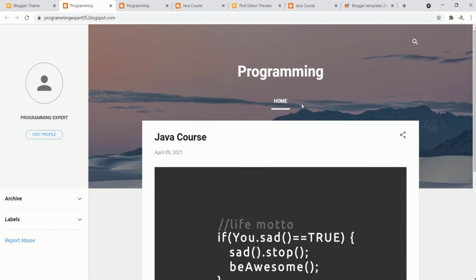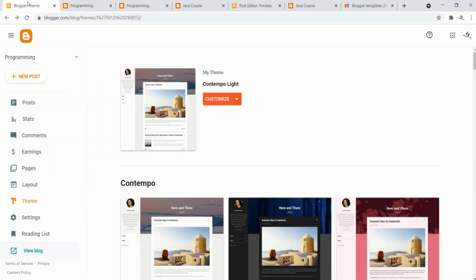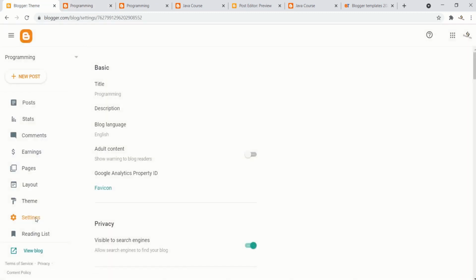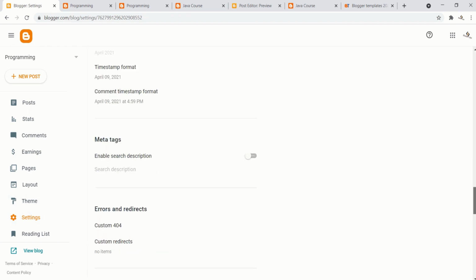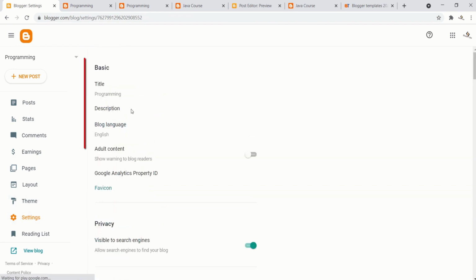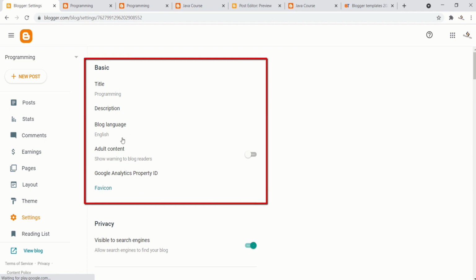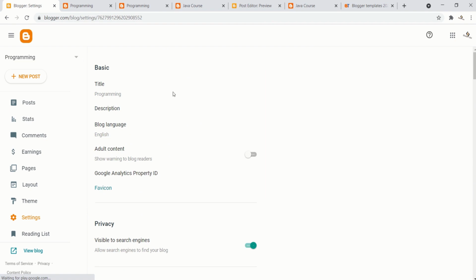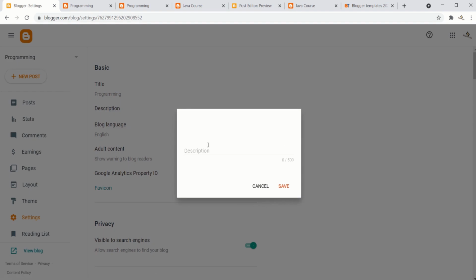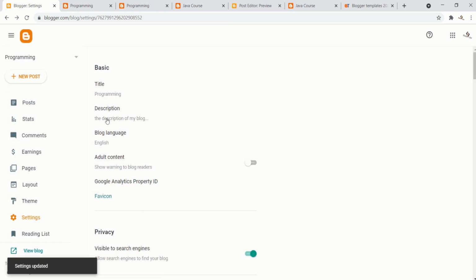So to add another link, we will need to go into settings. You can go through these settings, and in basics we will have the blog title description. We can add a description. This describes, so we can add the description of my blog. Save. And here you will have your description, your blog language,